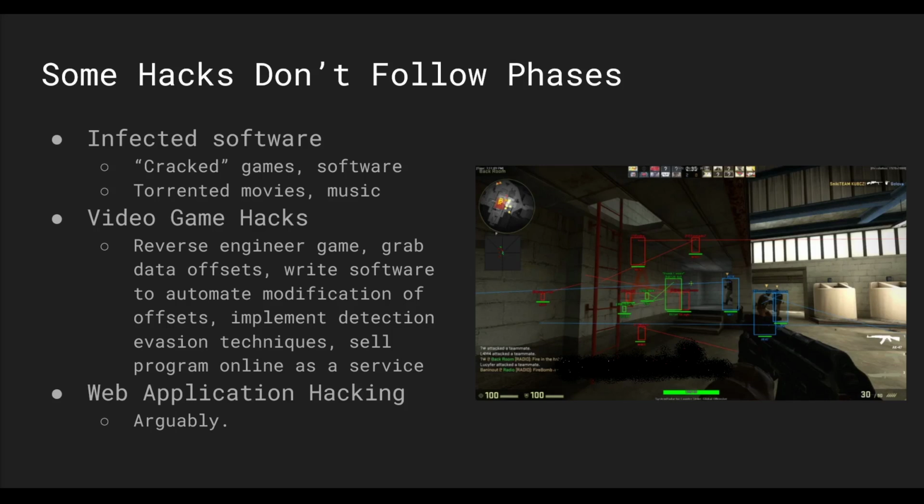But some of the people that go through it, they're reverse engineering the video game. They grab the data offsets for where the player locations are. Then they write software to automate the modification of those offsets, depending on if they're health values or if that is a value that can be modified, 'cause some values are server side, some values are client side. And then from there they implement detection evasion techniques, and sometimes they get pretty crazy with that, like writing kernel level evasion techniques for their video game hacking software, which is a straight up advanced malware